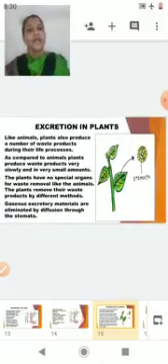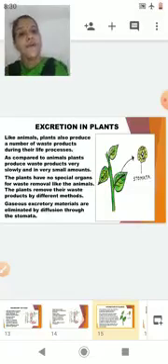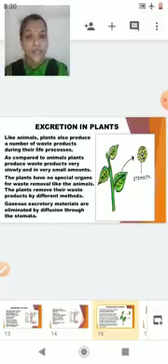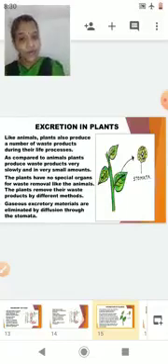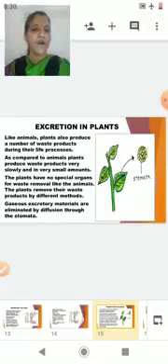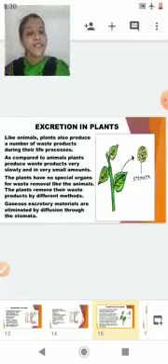Now, like animals, plants also produce waste products during their life processes. Now this waste product cannot be stored because it can be toxic. So there are different ways in which it is thrown out. Now in case of plants, they do not have a particular organ or a system to throw out the waste product, because the waste product in plants is produced in a very small amount, as compared to that of the animals, and the waste product is produced very slowly.